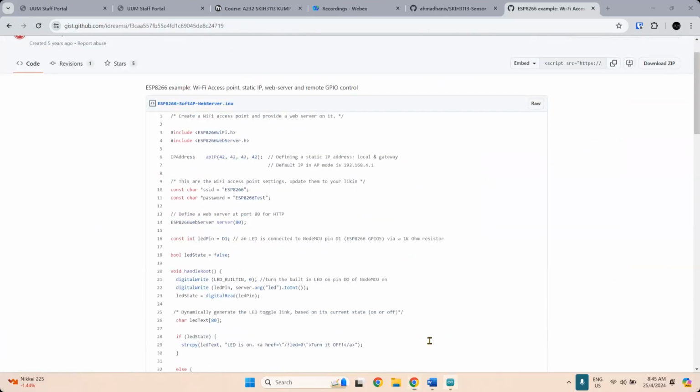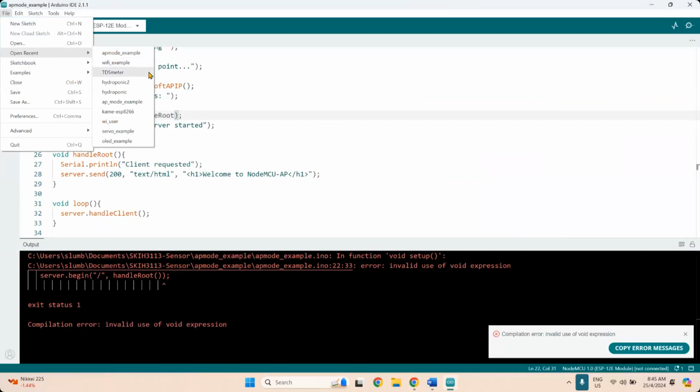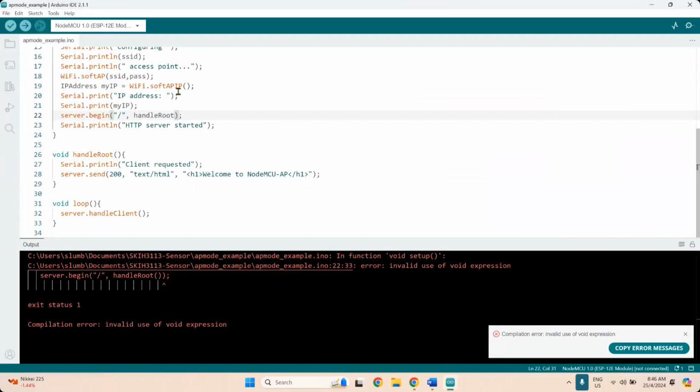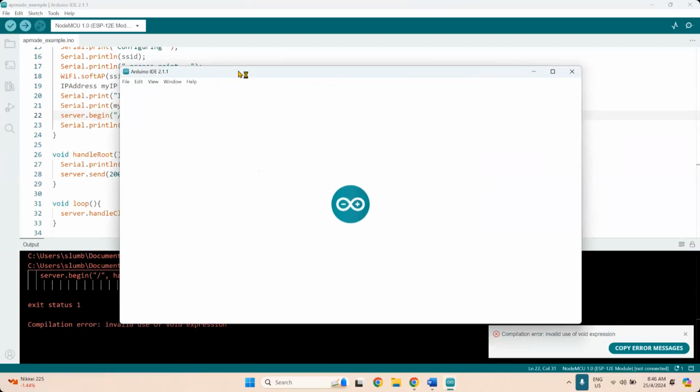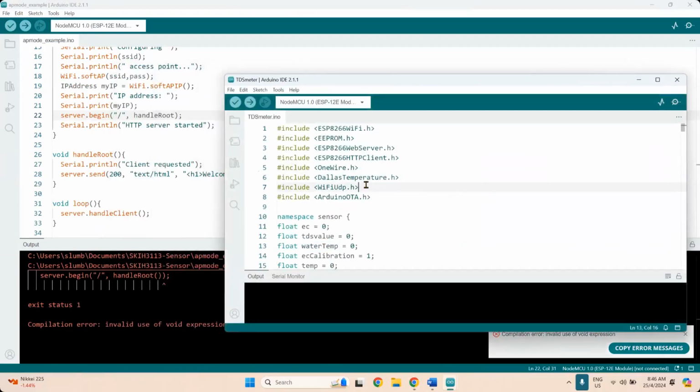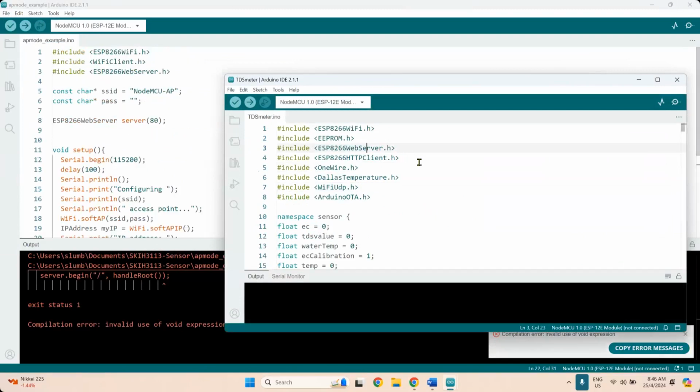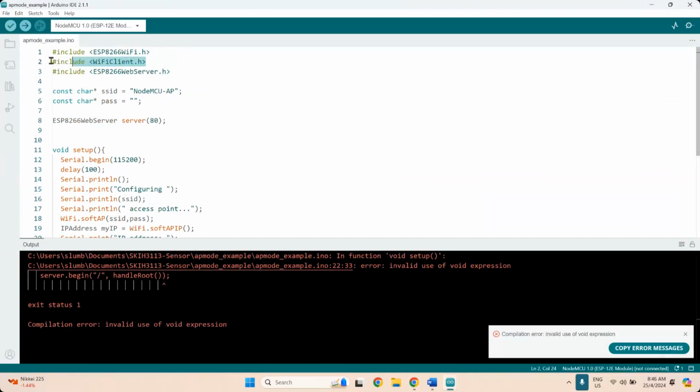Okay, let me just use the one that I already have, the TDS meter project. Let me check the one that I use here. The one that I use here is WebServer.h, ESP web server, HTTP client. Oh yeah, this one, not the WiFiClient. This one is being used for ESP32.